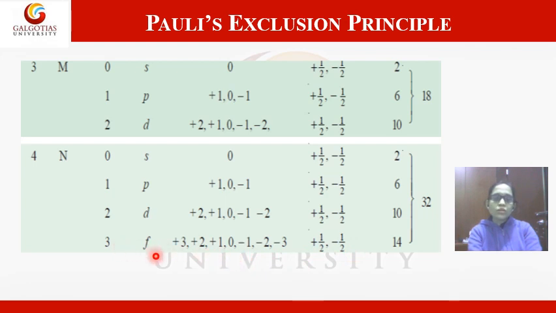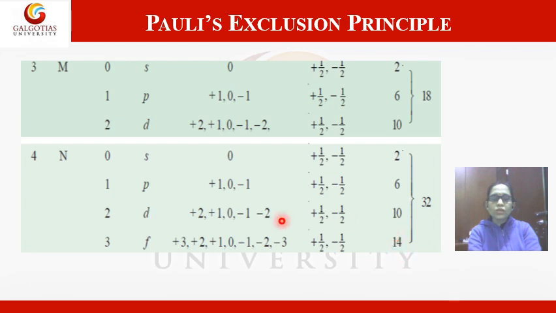For the 4f orbital, n is equal to 4. For the f orbital, l is equal to 3, the azimuthal quantum number is 3. The value of m varies depending on the azimuthal quantum number. It is plus 3, plus 2, plus 1, 0, minus 1, minus 2, minus 3. Each represents 1 orbital, so there are 7 orbitals in total, and each orbital accommodates 2 electrons, one having plus half spin and another having minus half spin. So the f orbitals accommodate 14 electrons.